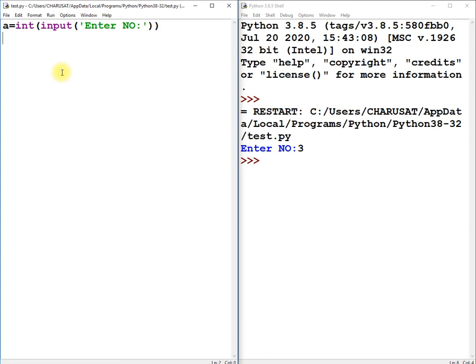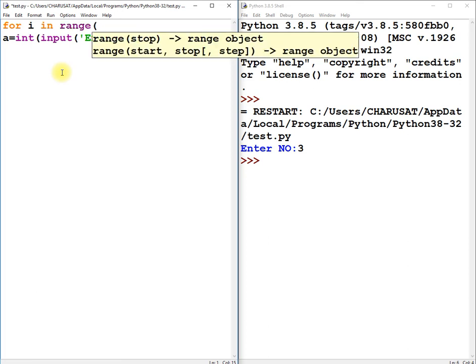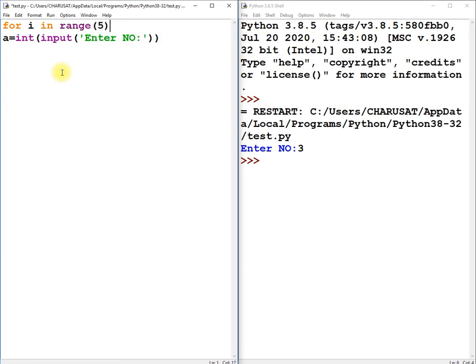Now for another variable I have to write the same thing, and so on and so forth for 5 items. So rather than doing this multiple times, I can have a for loop: for i in range, and since I need to do this task 5 times, I will put 5 and a colon. Indentation is required here.